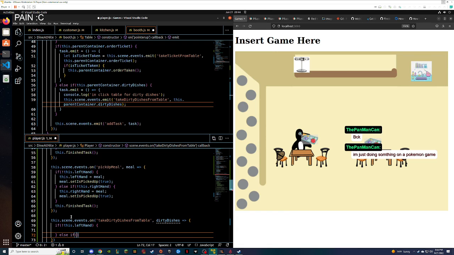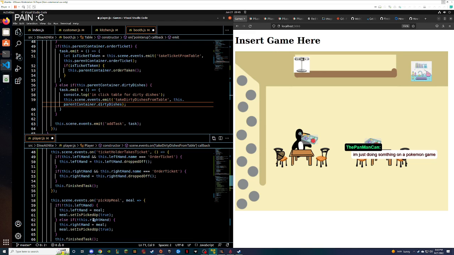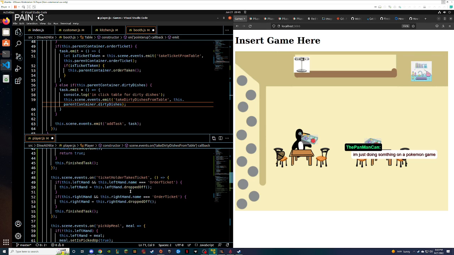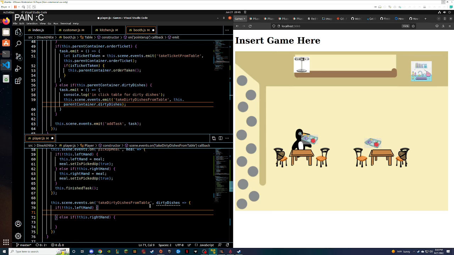Okay. So then, for this, holder takes ticket. No, we want take ticket from table. this.leftHand equals this.finishTask. Return true. Okay, I remember now.